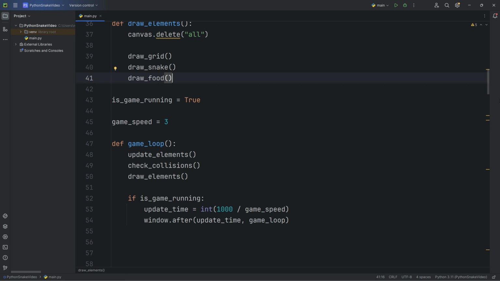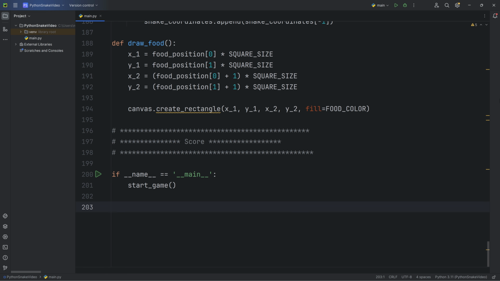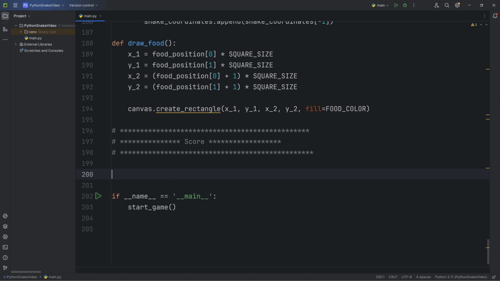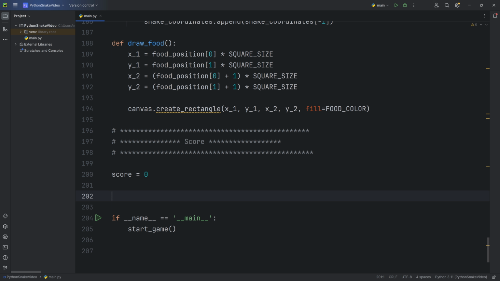First of all, we need a label to keep track of the current score of the player. Go inside the score section. Define a score variable to keep track of the current score. Score equals 0. Create the label for the interface.